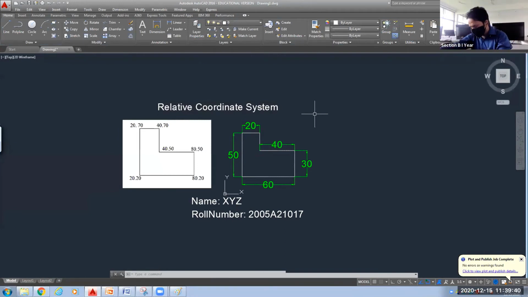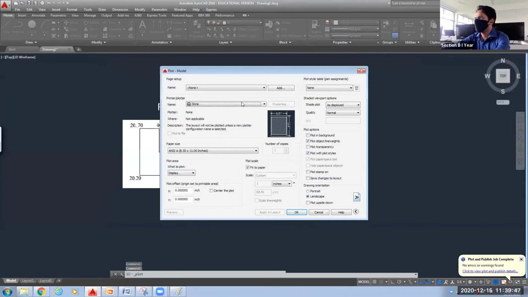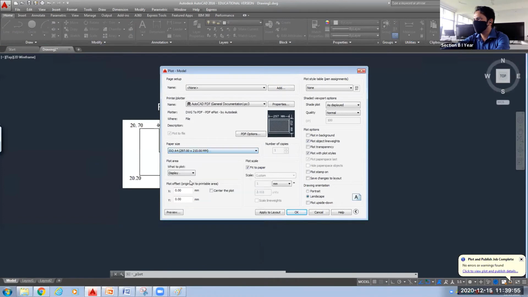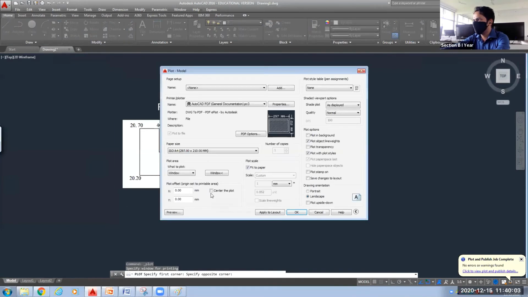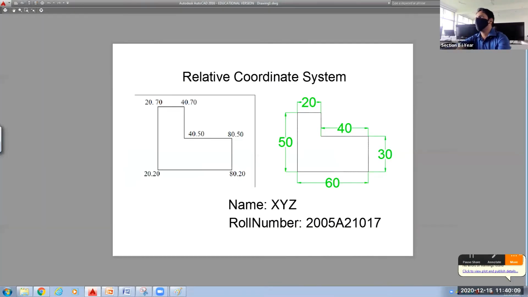Now again, you have to take the printout of this. So go to File, go to Plot, select the printer, paper size, what you want to plot. I want to plot this window. Select this one, center the plot, fit to the paper, click on preview, and this is what you will get.